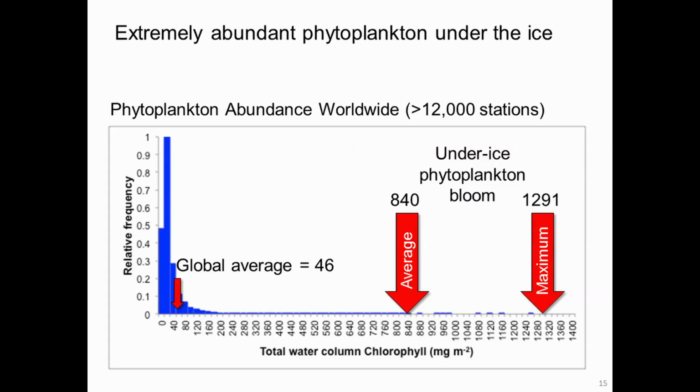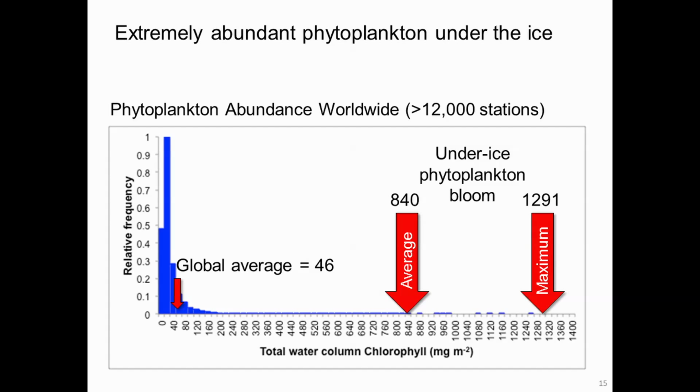To put that into perspective of how much this was compared to what a global average would be, what we basically did was look at how much phytoplankton were in that water. If you just looked from top to bottom and you added all the phytoplankton up, how much is it? On the far right, what we see is what the global mean would be. So this is if we looked at phytoplankton everywhere in the world, the productive regions, unproductive regions, every place. The global mean is about 46, and that's milligrams per meter squared. The units don't really make that much difference, but it's about 46.